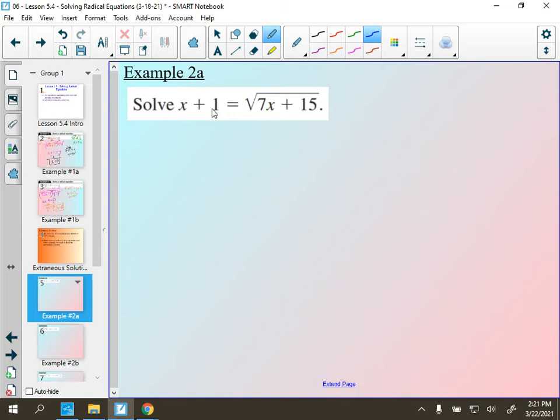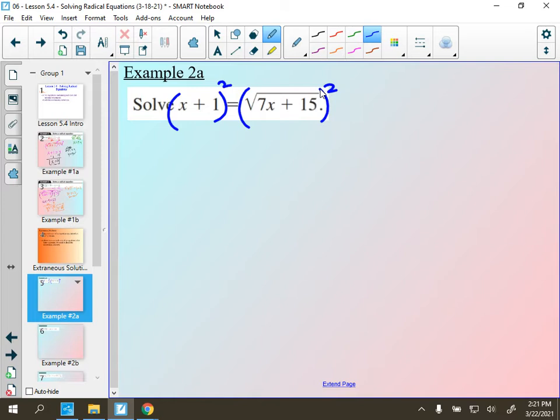Moving this one over here is not an option. I can't subtract. There's a wall around this square root here. I can't do 15 minus 1. So the minus 1 would have to sit outside here, which doesn't really do much for us. Same thing with the x. I can't subtract an x from both sides and make this 6x, right? This is locked inside this thing. So right off the bat, we pretty much have to square both sides of